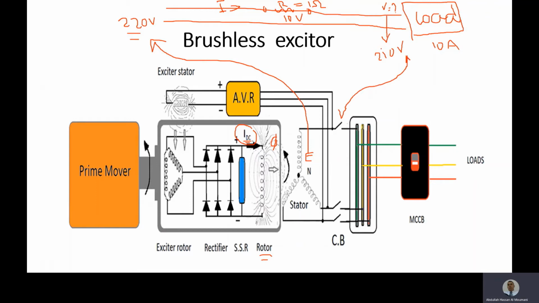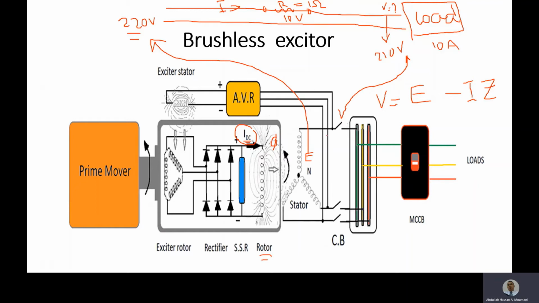Okay, and the difference between these two voltages is the voltage drop in the cables, or here in the generator, the voltage drop in the stator coils. So if you want to calculate V, it will be equal to the produced voltage minus the voltage drop in the coils, which depends on the impedance,